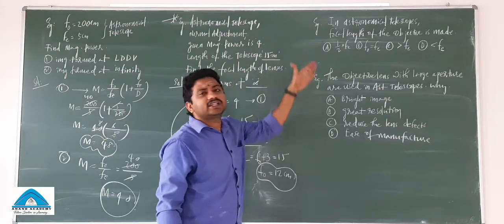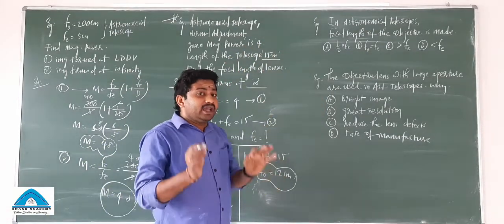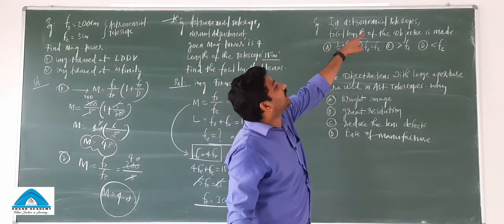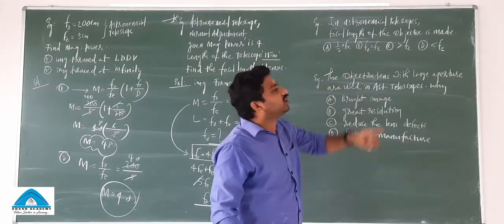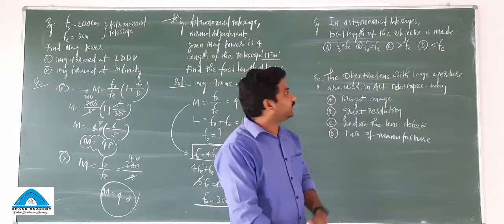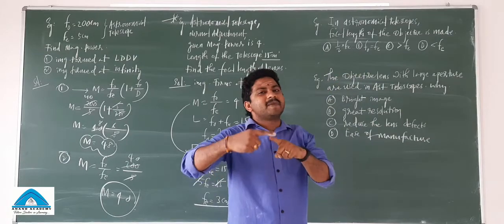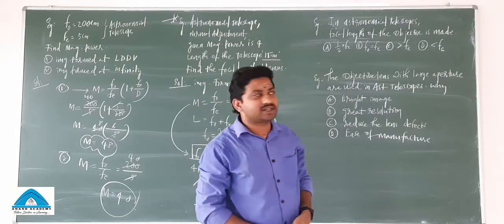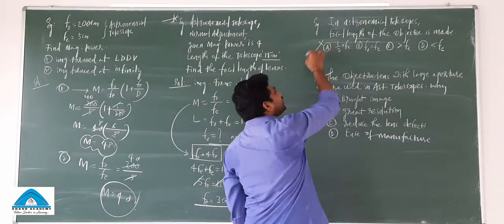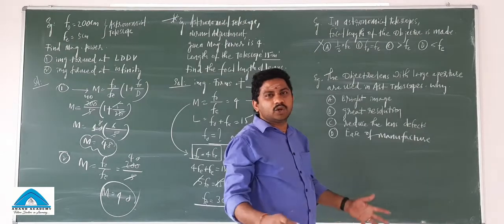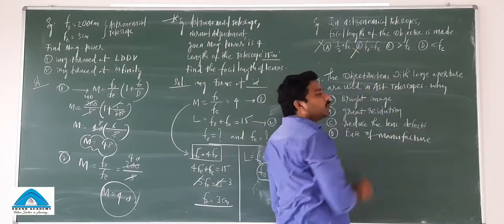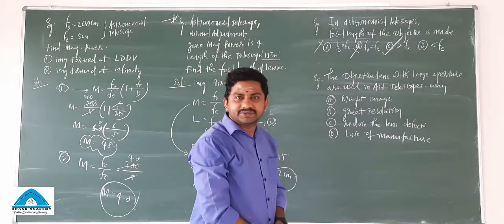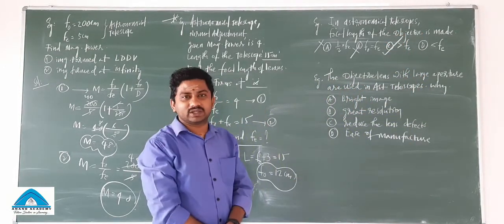And see, these are two theoretical questions. In the previous AIIMS exam, this was asked. In an astronomical telescope, the focal length of the objective lens is made, focal length of the objective must be greater than the focal length of the eyepiece. How much greater? They have not mentioned. That means this is wrong. It's half of the focal length of the eyepiece? No. It's not equal, and it is greater than the focal length of the eyepiece. Like this, theoretical questions can also be solved.